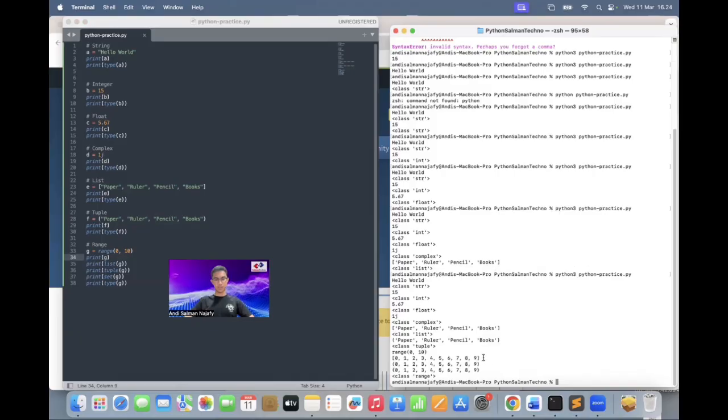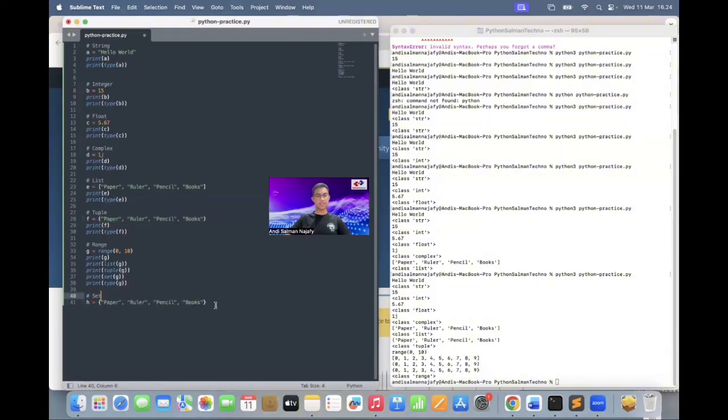So this one is a list because it uses the square bracket. The next one is tuple because original bracket is used, and the last one is set. So I think you guys are curious about set, so let me show you about the set data type. The set data type uses this kind of bracket called curly bracket. So if you want to list by using set data type, you can use this one. But in other case, curly bracket is